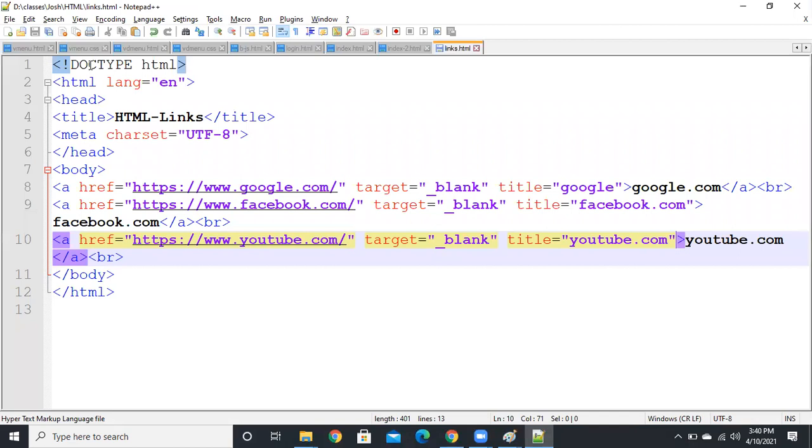Don't get confused. They will ask you: what is the difference between the title tag and the title attribute? See, in the head section we have a title. That is the title tag. Here it is the title attribute. So what is the difference? The title tag displays the title on the title bar. The title attribute, when you hover onto that link, gives you a small tooltip. Understand? This is the optional one. You can give a title to any element, even a heading, even an image.